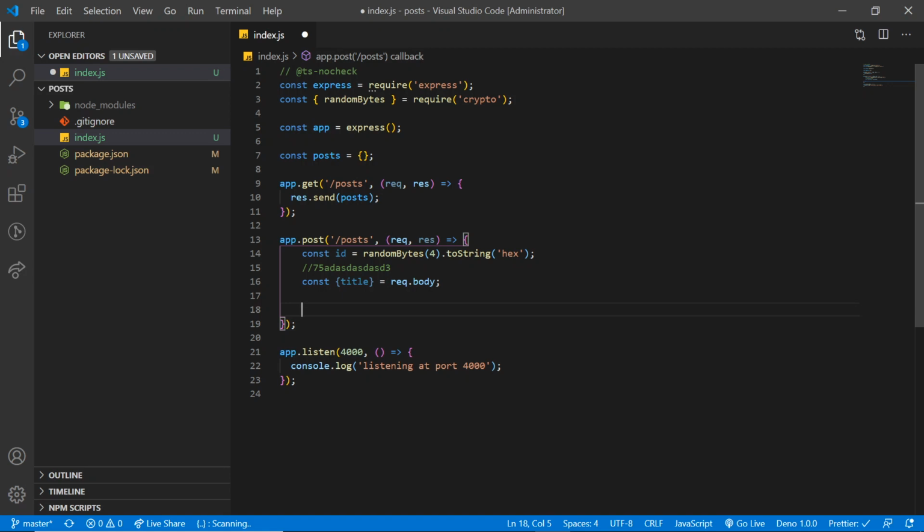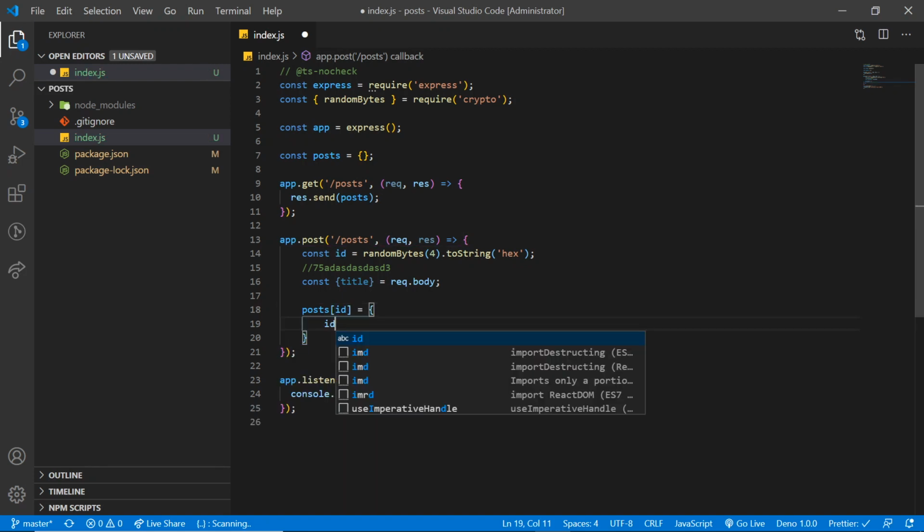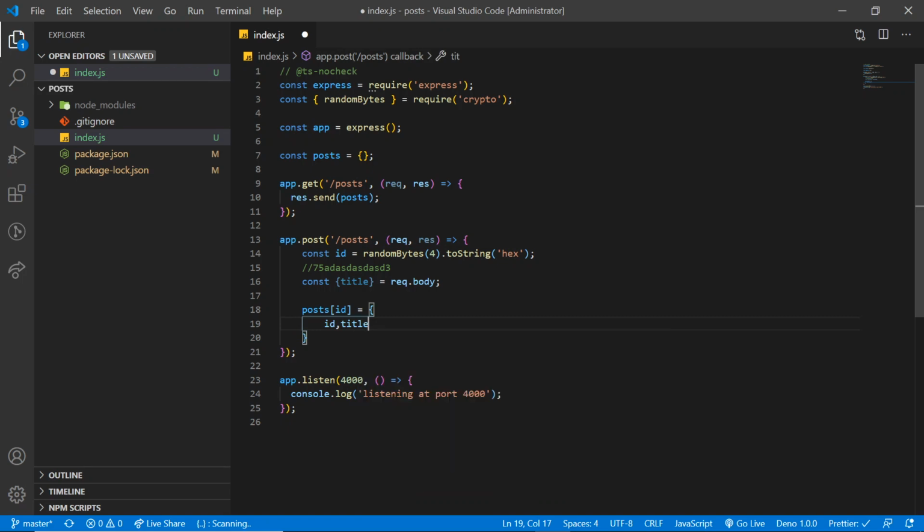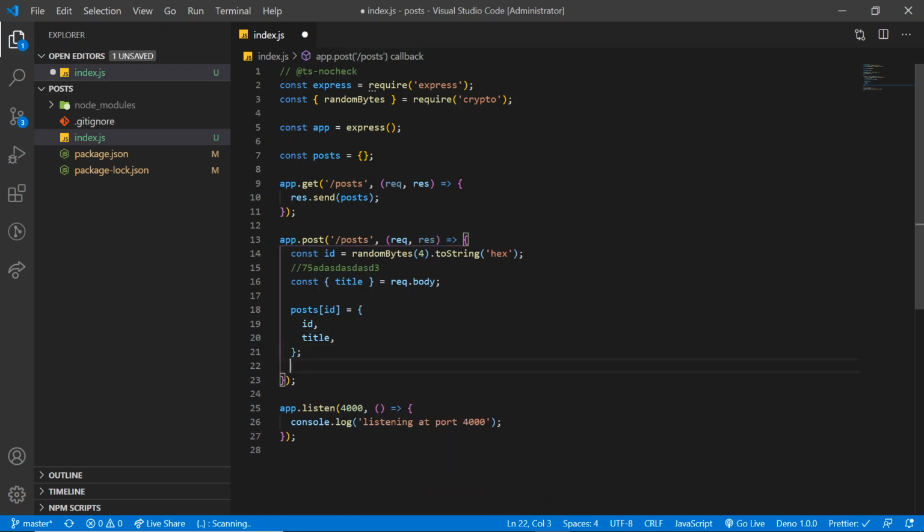Let's assign id and title to the posts object. Save this.